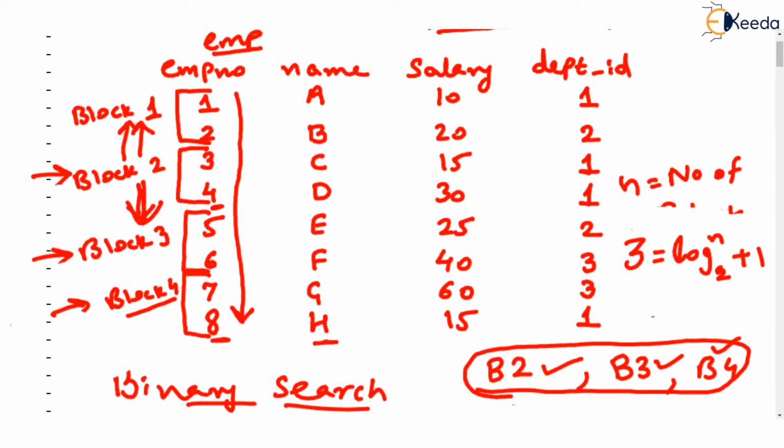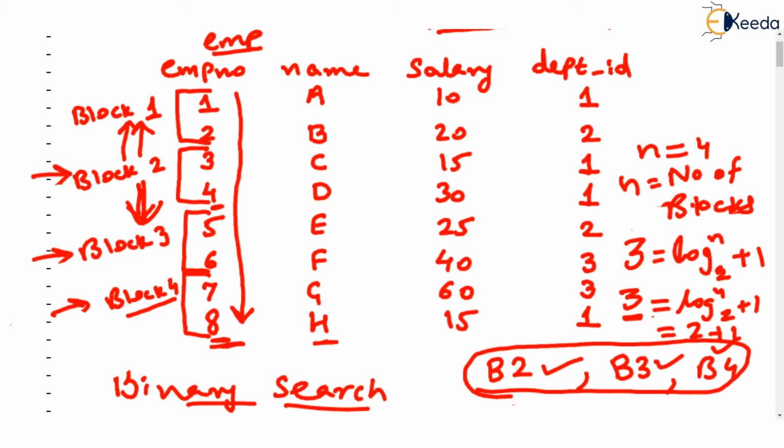Please try to understand, because we are counting how many blocks were read. So don't be under an impression that this n will be 8 because we have 8 records. No, we have 4 blocks, and that n is 4 over here. In our example, n is 4 blocks. So you tell me, isn't this 3 number of block accesses equal to log of 4 to the base 2 plus 1? What is log of 4 to the base 2? 2. So this is 2 plus 1. Exactly, isn't it? Listen very carefully.